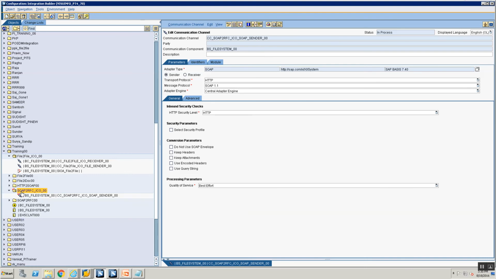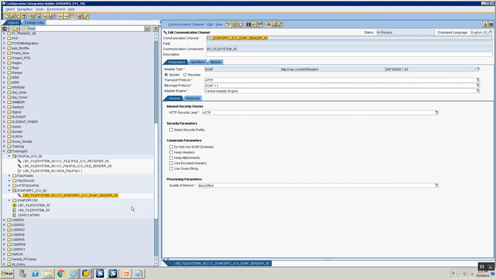Okay. What's the next step? We define a receiver RFC adapter. Now in the case of receiver RFC adapter, there's a concept of reusability. What I mean by reusability is the same receiver adapter can be used in multiple scenarios. In the case of sender adapters, you do not have reusability. Each sender adapter has to continuously be redefined for the adapter type. There are certain exceptions, but the rule of thumb, excepting for those exceptions, is that sender channels have to be recreated for every scenario that you build, whereas the receiver channels can be